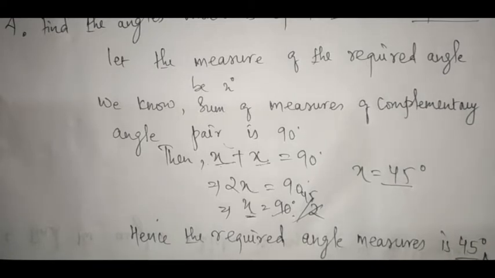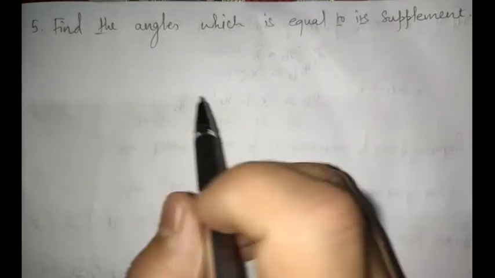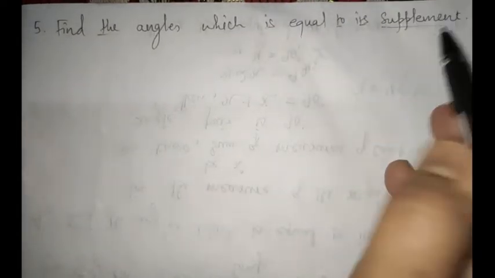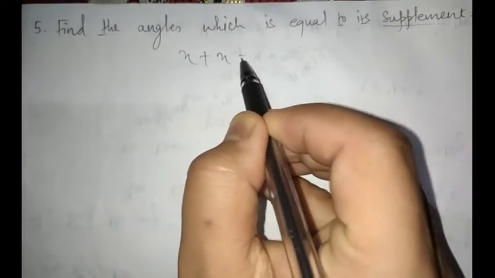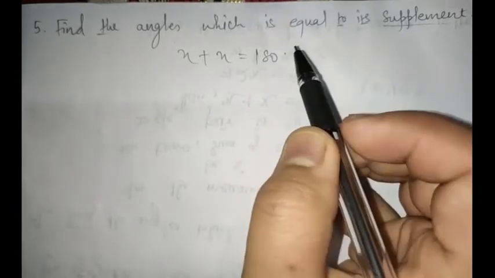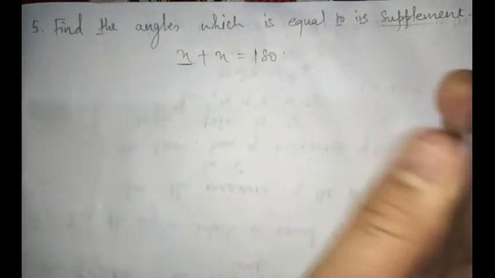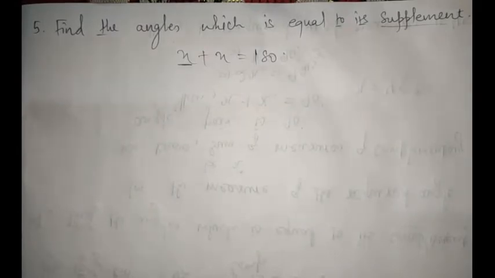Okay, so students, here we have a similar type of question, that is question number 5. Find the angle which is equal to its supplement. So supplement, you know that the sum of the pair of angles is 180 degrees, isn't it? So what we have to do, we don't know here also, in case of the supplement also, we don't know the measure of the angle, so we have to let the measure be,